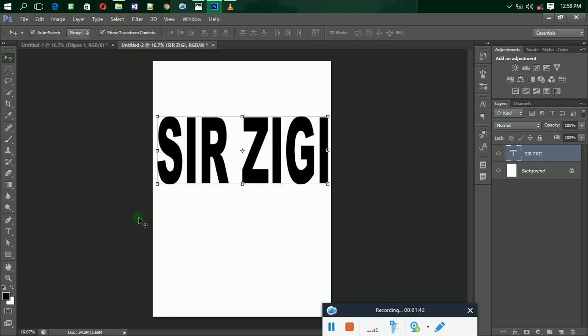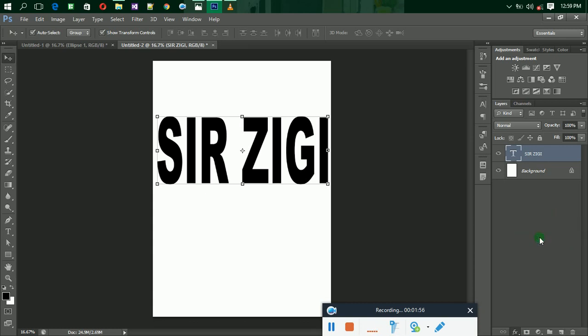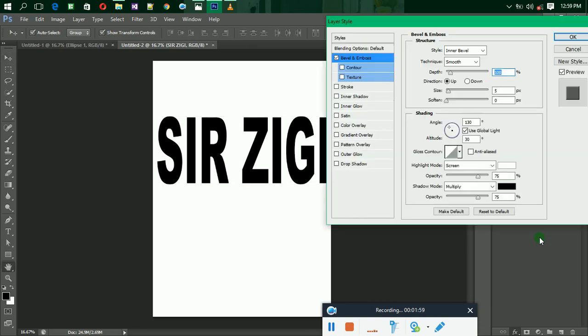Good. Now let's add the style. We are going to add bevel and emboss to our text. Now we go to FX, then you go to bevel and emboss. Now with the bevel and emboss,